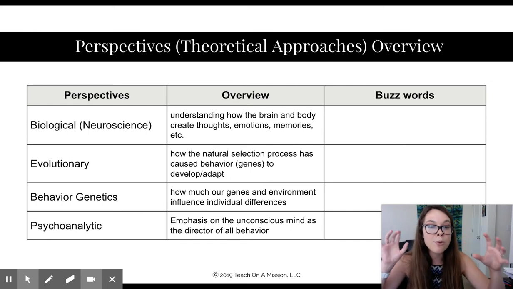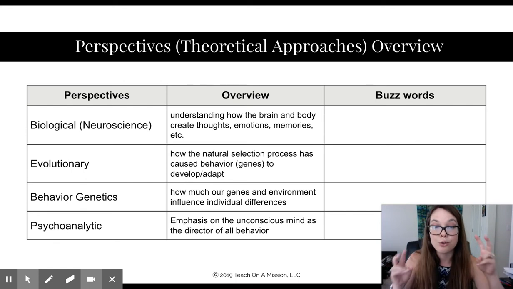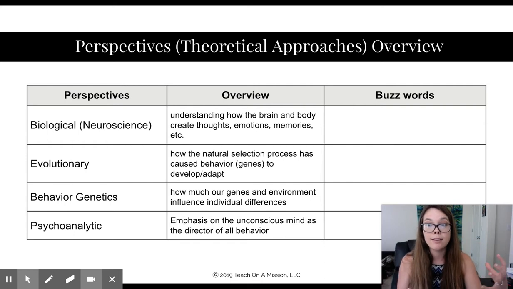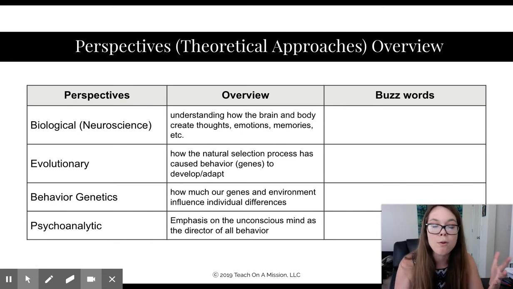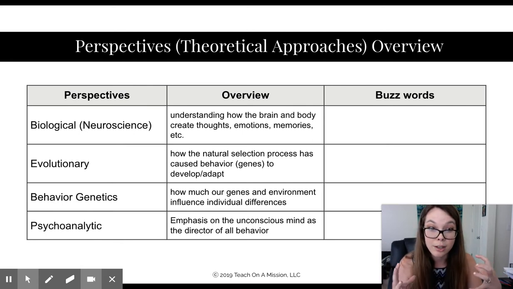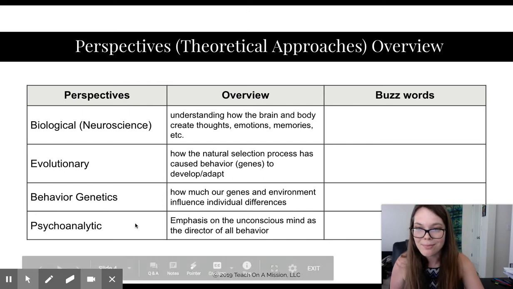And then what the psychoanalytical psychologists want to do is pull your unconscious desires or drives from your unconscious. So maybe Sally is anxious because her mother makes her fearful of saying things out of line, or she has been taught in her mind to fear her mother or something from a childhood event. So a buzzword for psychoanalytical would be childhood. This is where they look at what our unconscious could create from past experiences. I know it's a lot of information.